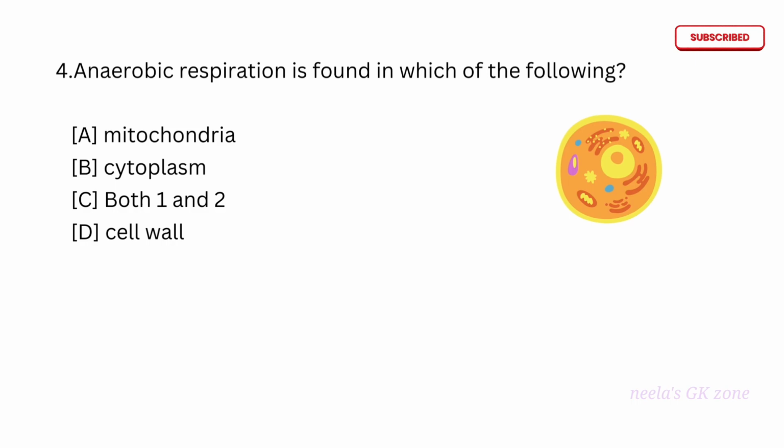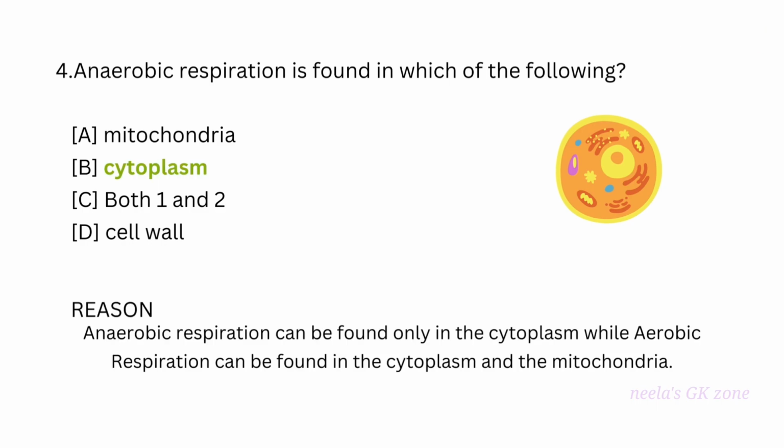Anaerobic respiration is found in which of the following? Mitochondria, cytoplasm, both 1 and 2, and the cell wall. And the answer is cytoplasm. And the reason is anaerobic respiration can be found only in cytoplasm, while aerobic respiration can be found in cytoplasm and mitochondria. And the next question is